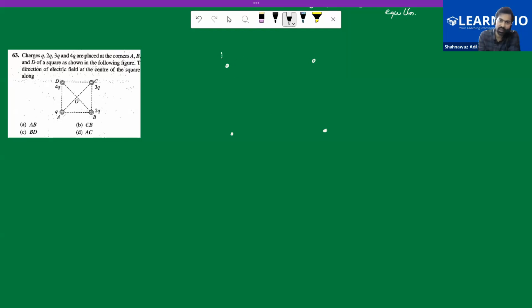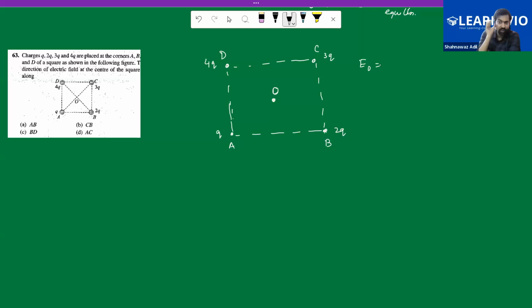This is D, which is 4Q. This is C, which is 3Q. This is A, which is Q, and this is B, which is 2Q. So all four charges are at the corners of a square, right? And let's say this is the center, point O. We have to find out EO,